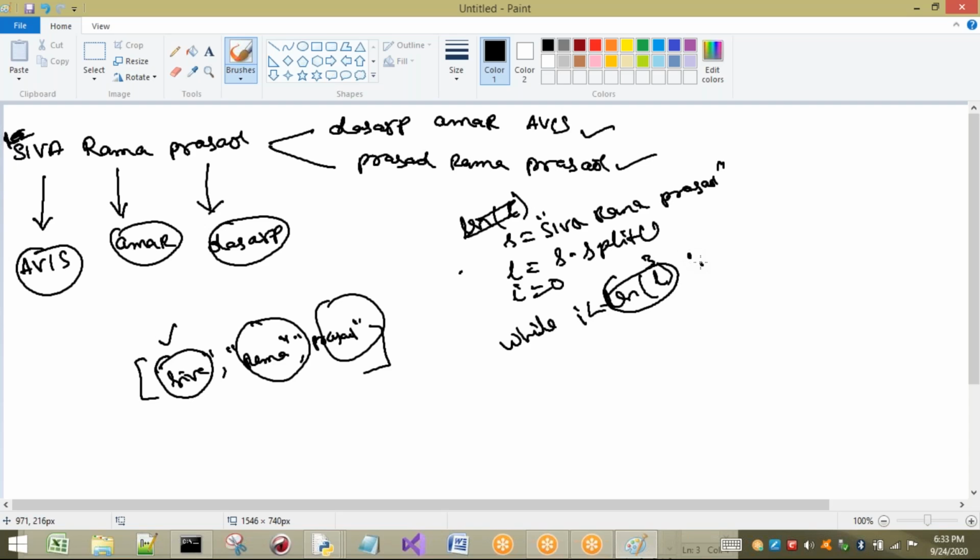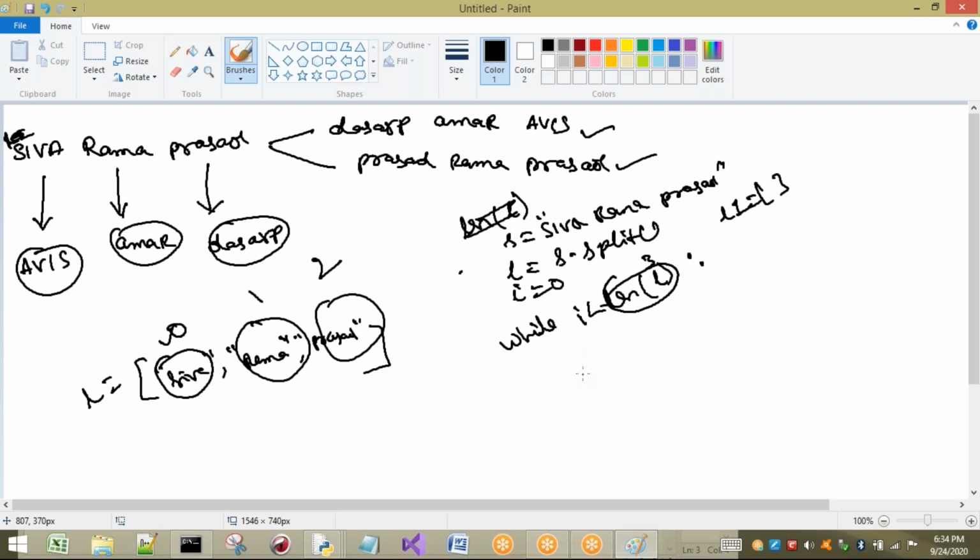Now what I have to do, if it is the case, I want to append the same thing in reverse, where it is present inside L. In which location? This is index 0, this is index 1, this is index 2. Now I want to perform the operation on L of 0. So I will modify this one and I have to store it somewhere else. So better I will take one more list called L1, an empty list.